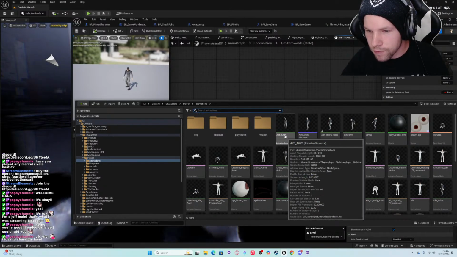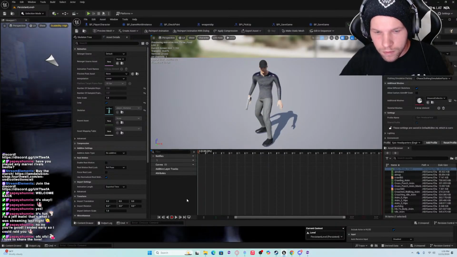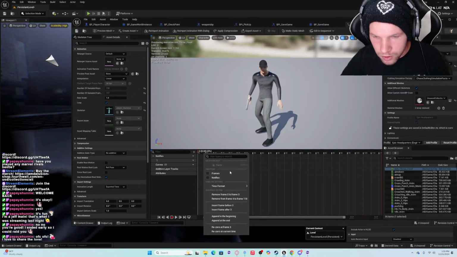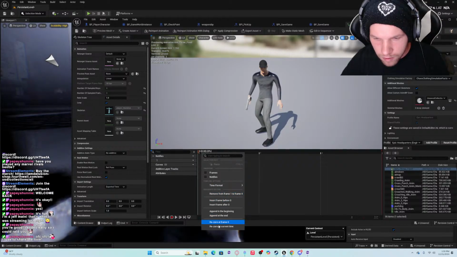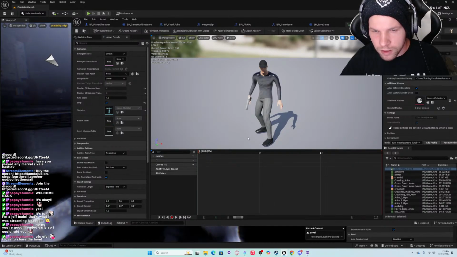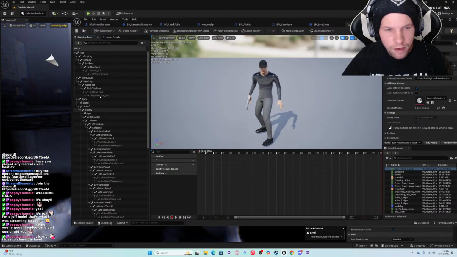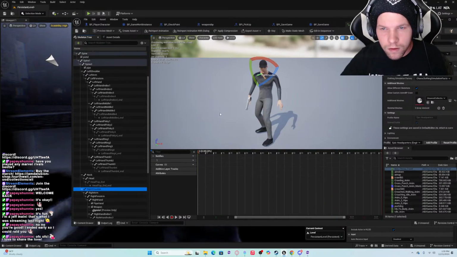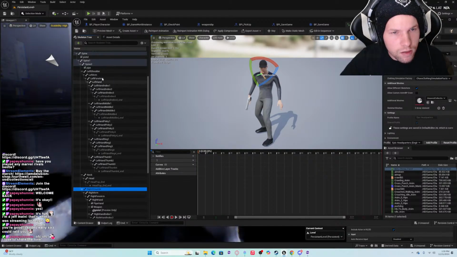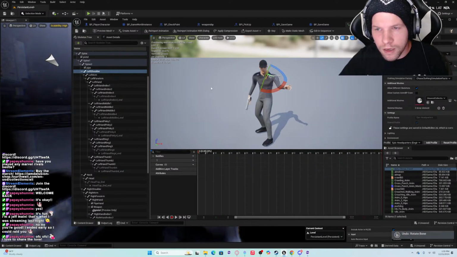Okay. And we are going to remove all the frames. Actually, hold up. I don't think we need to. No, we want the left shoulder. Not that.